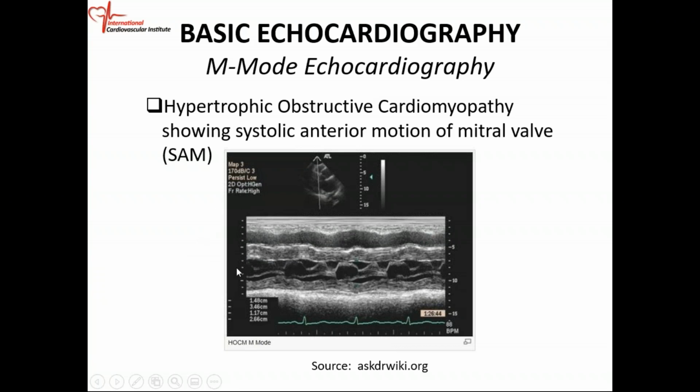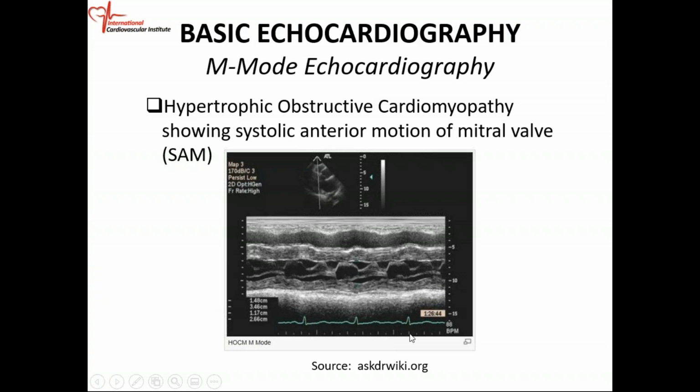Again, on your vertical axis, you have distance. On the horizontal axis, you have time. So if you want to measure, this is in centimeters, so you can measure it. This septum is probably 2 plus centimeters. It's very thick. You can see that something is going on inside the LV cavity. We can work that out. The posterior wall is also thickened, and you can measure it to see that it's thickened.